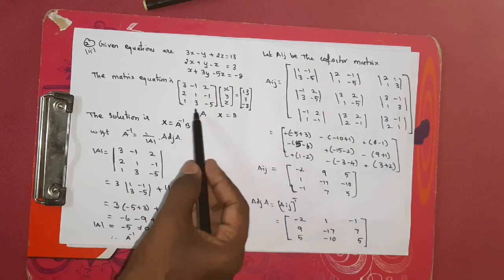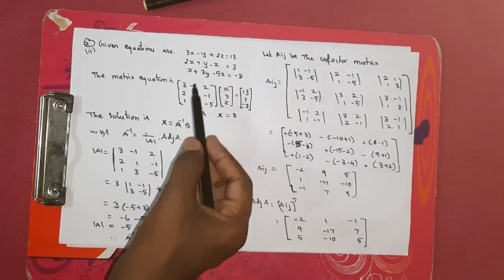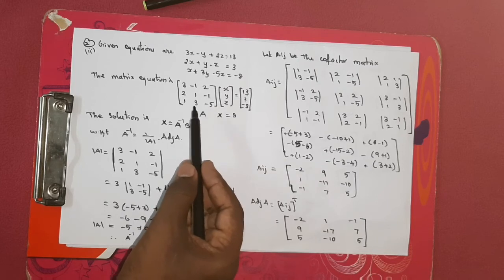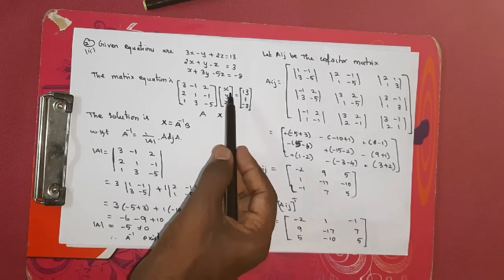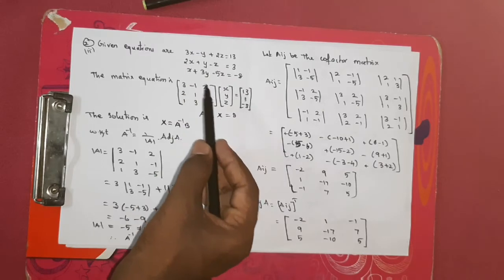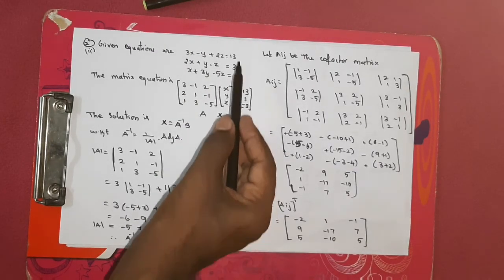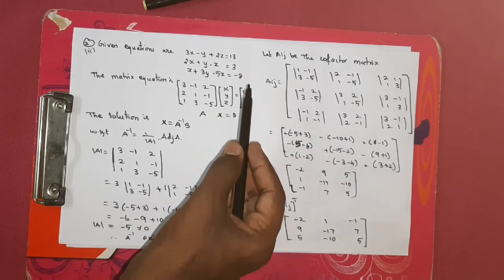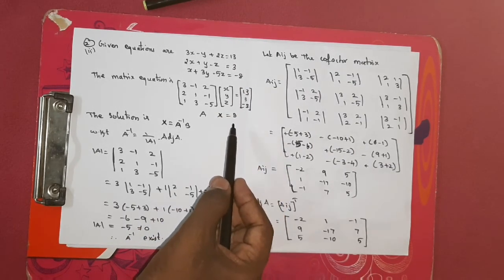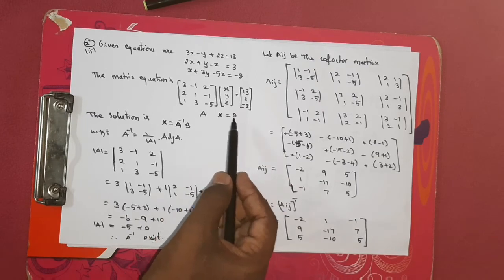You know very well this is the coefficient matrix. So from each equation we are writing the coefficients of x, y, z, right? And the X matrix is the variable matrix. Here they are using 3 variables x, y, z. In column form you have to write equal to. Here the constants are 13, 3 and minus 8, and write it, and that is the capital B matrix. So we got AX equal to B.